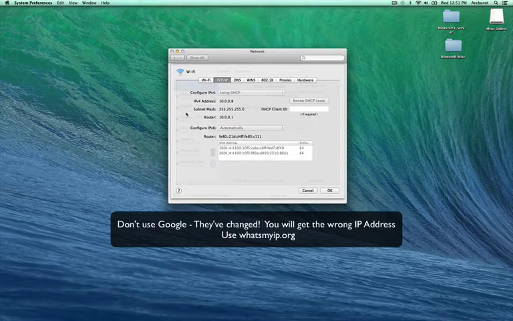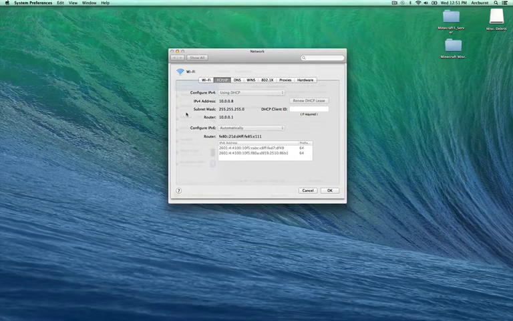Now, don't confuse this with the IP address from our first tutorial, when I had you go into Google and type in what is my IP address. That's the IP address for your internet. This right here is the IP address for your router and the address for your computer. Totally two different things. So what we need to do is get into your router settings. In order to do that, we need to take this number